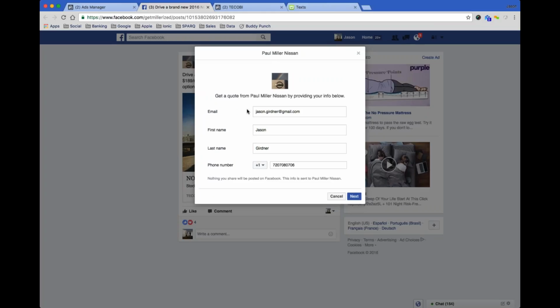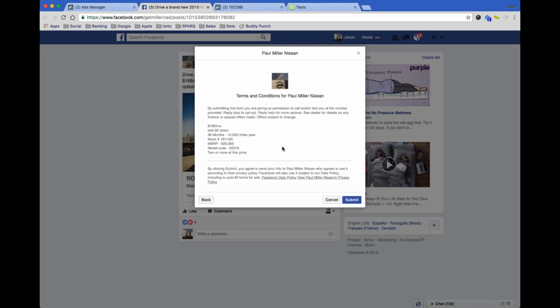So this really is the beauty of these types of ads. I did not have to go to a third-party website. I didn't go to a lead form. It brought up the pop-up within Facebook, so I'm still inside of Facebook. This works on desktop and mobile, and it's already pre-populated with all my information. Then if I click Next, you can see the disclaimer that we put in for this particular vehicle. This is where they're opting into getting a text message and then all the disclaimer on that specific vehicle.